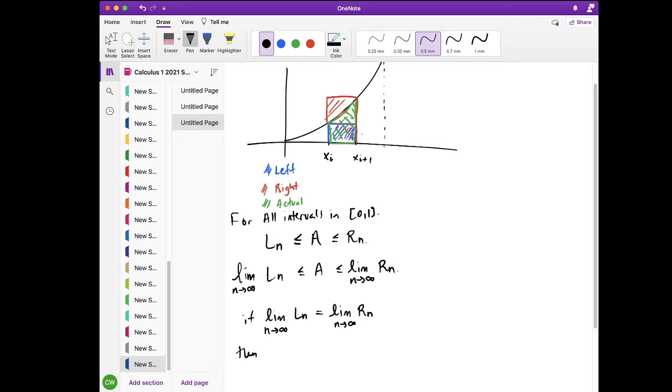That if the limit of the left bound is equal to the limit of the right bound, then A is actually equal to the shared value. So that'd be cool. So we don't know that explicitly right now. We'll prove that later, but